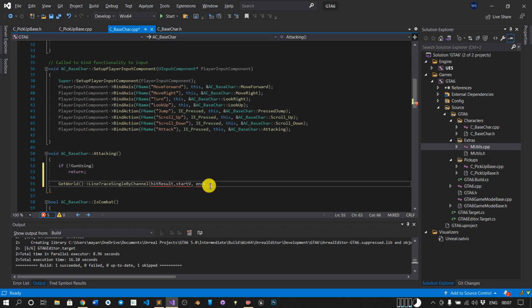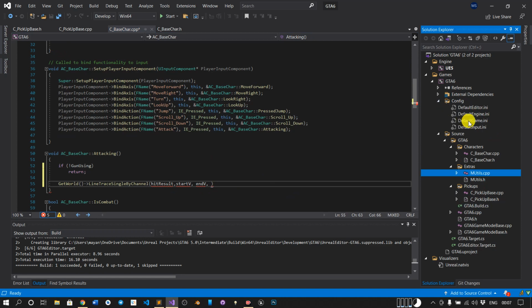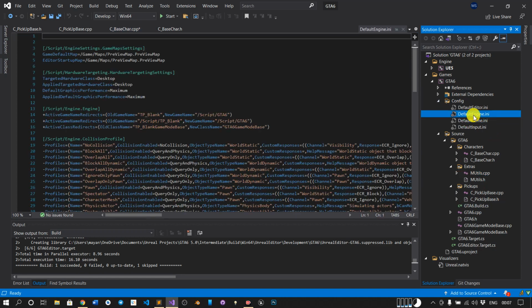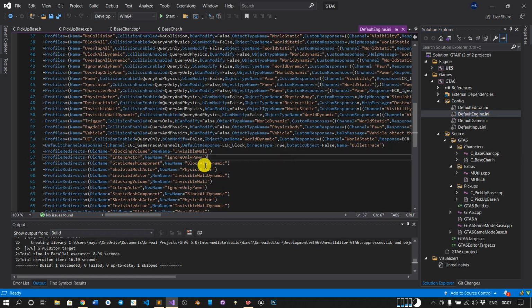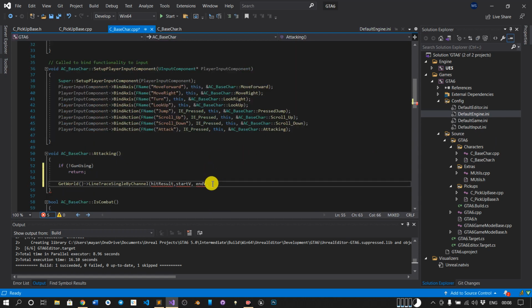To specify it here, go to Config and go to DefaultEngine, and here see where the bullet trace is. Corresponding to this bullet trace we have a channel called ECC_GameTraceChannel1. So we need this, just copy it and we will enter here.